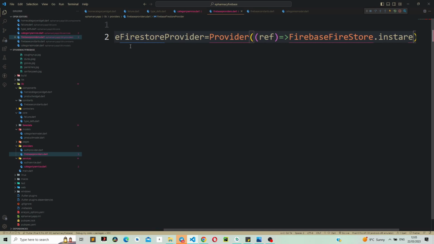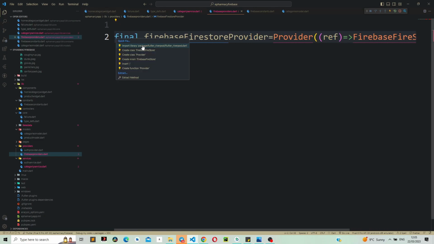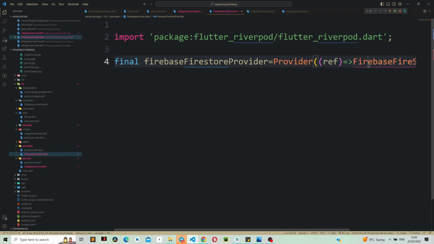So we're just providing this. What we need to import first is the Riverpod package. Then we need to